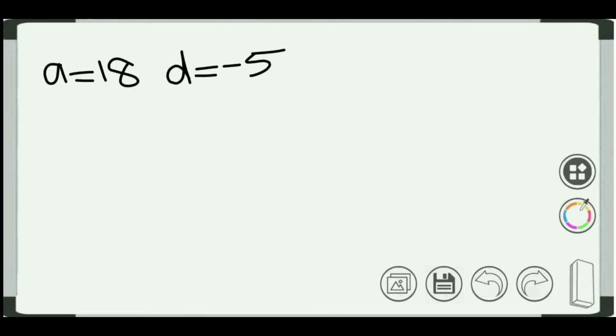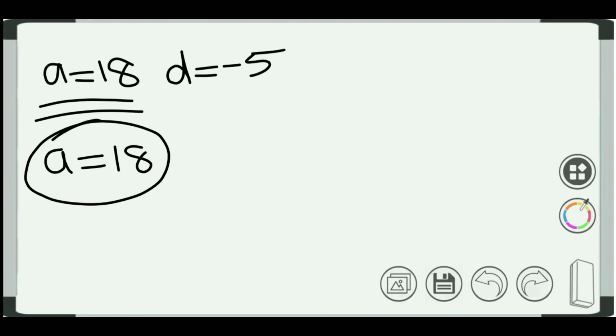Now actually what you need to find? You need to find the first term and third term. First term is A. Already we found A is equal to 18. Now we need to find the third term, that is A3. A3 is equal to A plus n minus 1, n is 3, so instead of n you can write 3, 3 minus 1